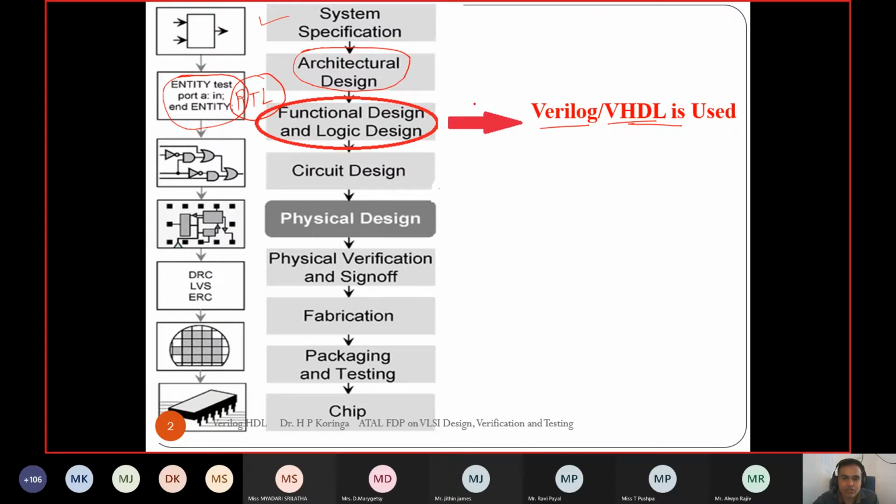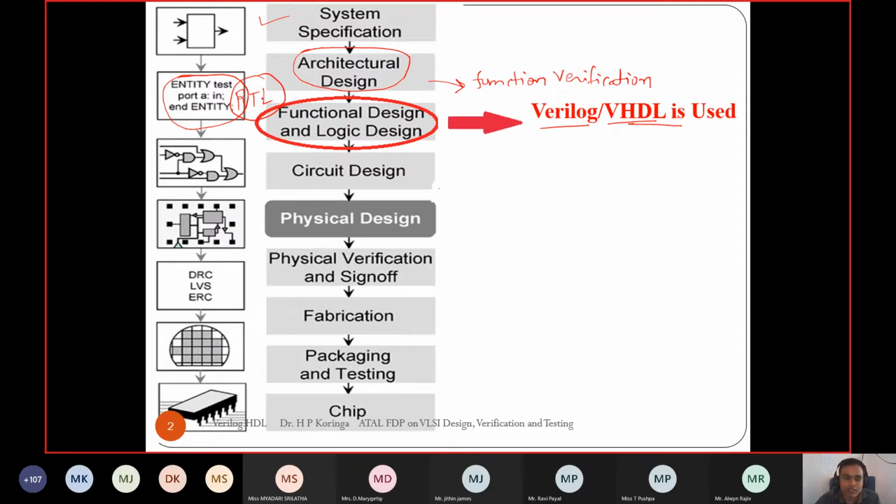Another use of HDL is functional verification. The verification team also uses the same language to verify the design. So both the RTL designer team as well as the functional verification team use a hardware description language.